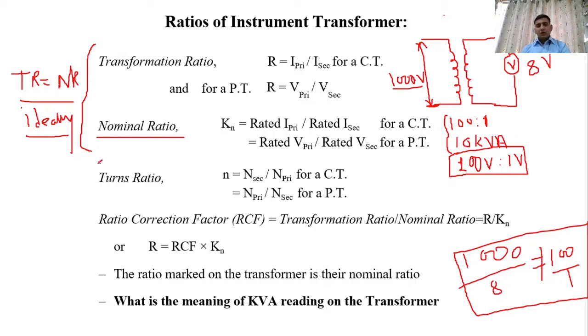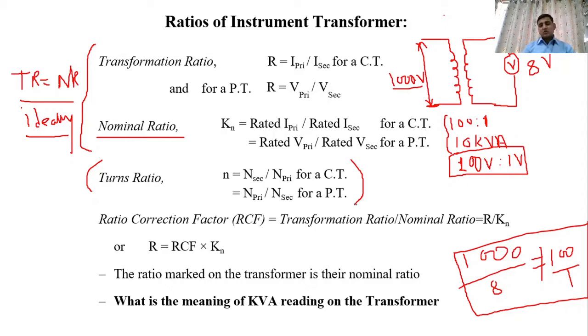Now talk about the turn ratio. Turn ratio is simply a definition between the turns of a CT and PT. In case of a potential transformer, it is step down. As we discussed in our previous example, it is 100 to 1. In case of CT, it can be a step up transformer. Okay, secondary upon primary for the CT ratio.